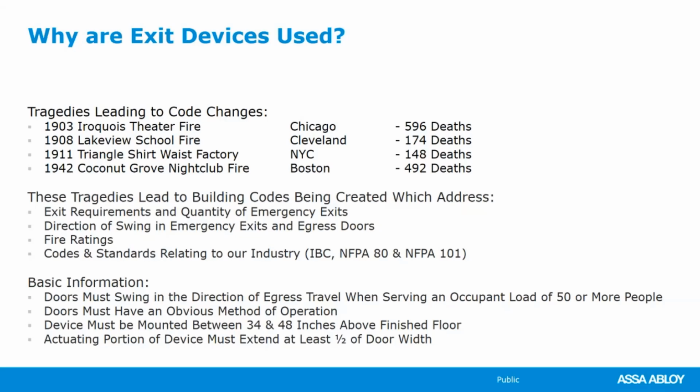Basic information to know for egress codes and for fire egress, things like that, is the doors must swing in the direction of egress when serving an occupant load of 50 or more. International Building Code tells us also that if it's 50 persons or more, it has to have an exit device. IBC says 50. NFPA 101 tells us 100 or more needs an exit device. So depending on which area, if you're under International Building Code or if you're under NFPA, that's the only real departure point. And healthcare usually falls under NFPA 101, and just about every other type of project will fall